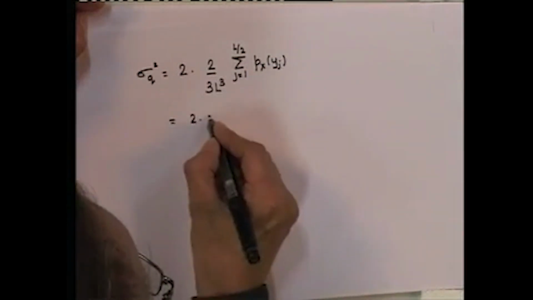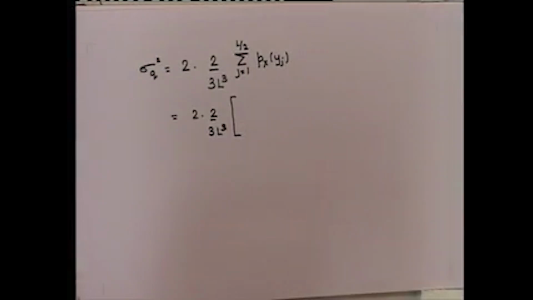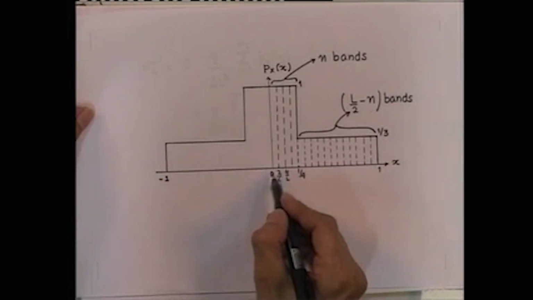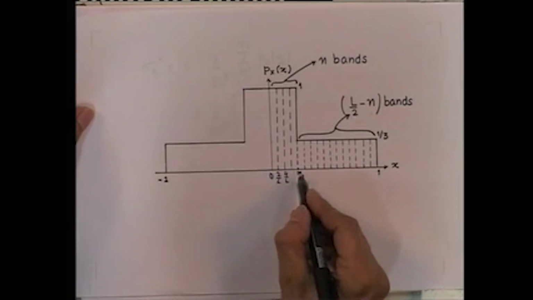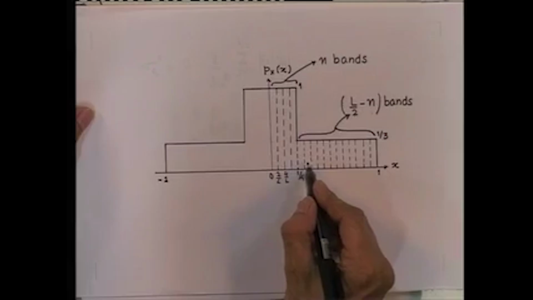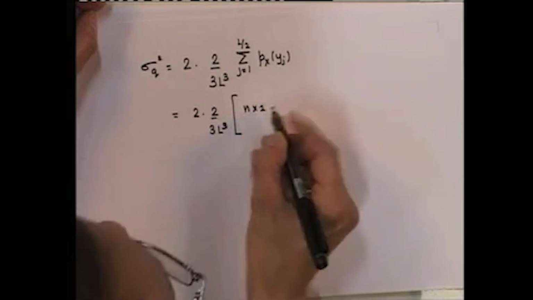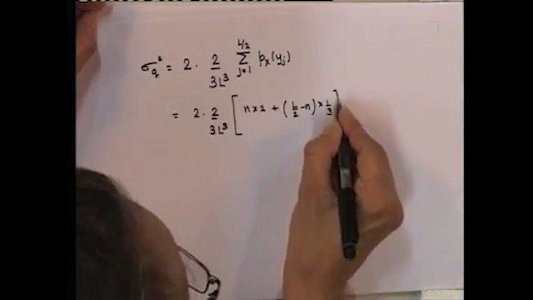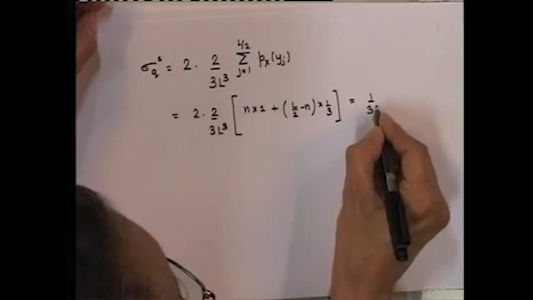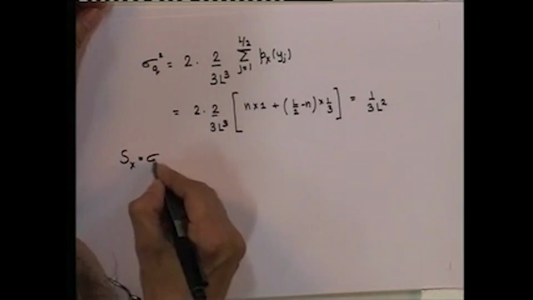Which is equal to, all the bands in the interval between 0 to 1 by 4 have p y j equal to 1, and all the bands in the interval between 1/4 to 1 have p y j equal to 1/3, and therefore, this reduces to n by 1 plus (L by 2 minus n) by 1/3, which is equal to 1 by 3 L squared, and the variance for the signal is equal to